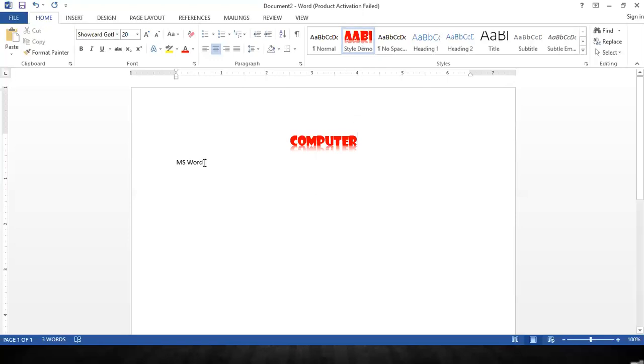Now whichever text you select and click on that style, that style will be applied on that. As you can see, on the second line also, the style has been applied. So like this you can create your own style, and later on if you want some changes in that, then you can make some changes also in that. Now the third topic of today was inserting word art. Now let's see first what is word art.